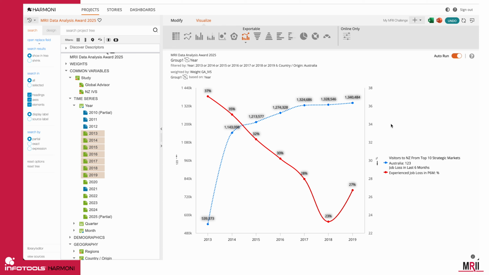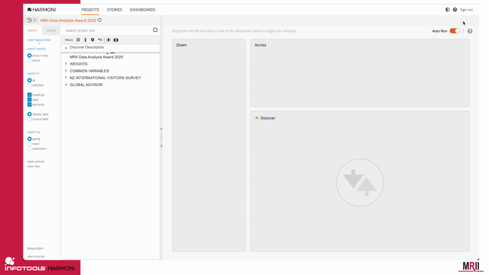Before we go back to our story and have a look at all the things we can do with the story, let's do a reset. You'll notice up here there are a whole bunch of buttons that will allow us to undo the last thing we've done. We can export out to PowerPoint or Excel, or we can clear the analysis and reset the project tree, which is what I want to do, or we can just clear the analysis without resetting the project tree. I'm going to do both, because what I want to do now is